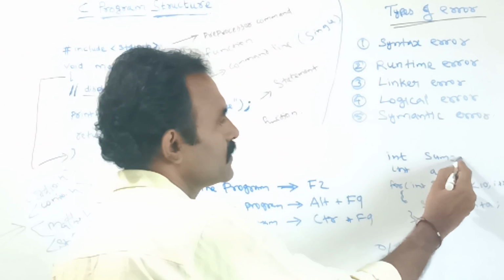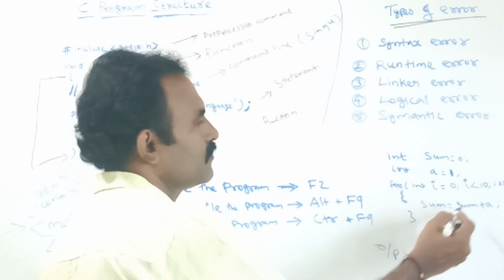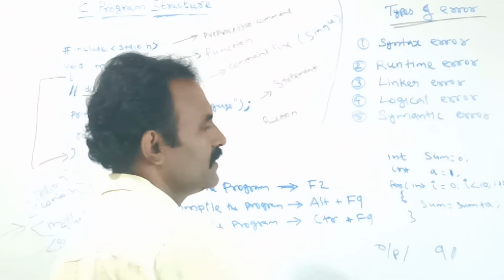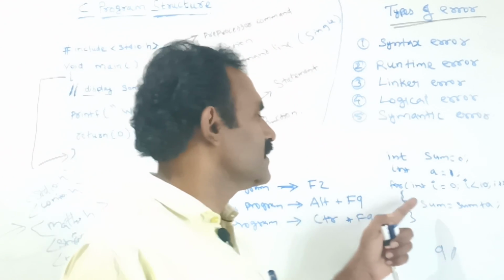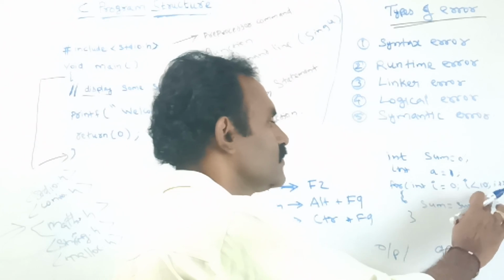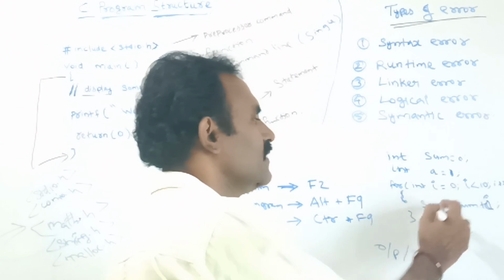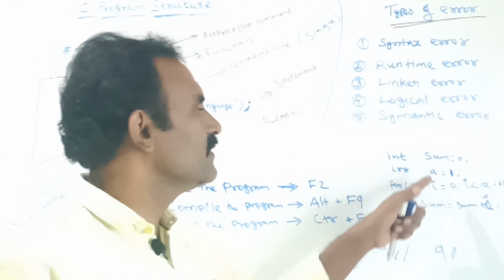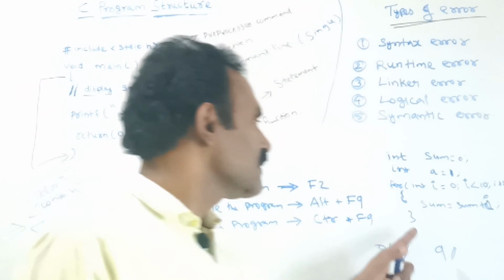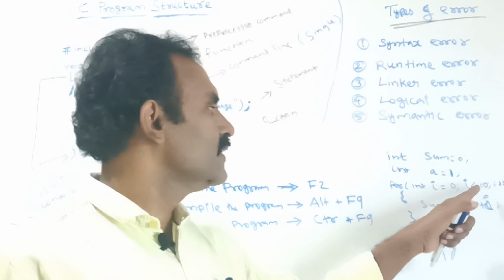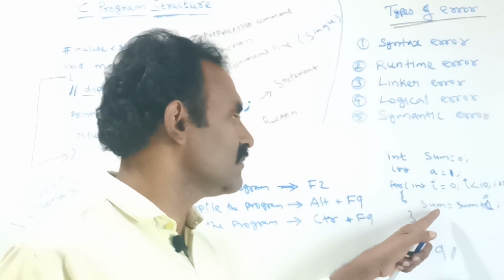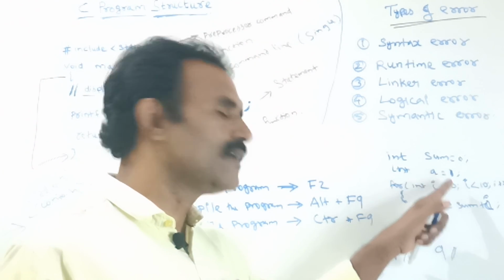Suppose sum is equal to 0. Each and every time, sum is equal to 0 plus 1, 1; 1 plus 1, 2. So finally, if we see, the result value will be 9. It will not show an error, but it is a logical error, because if you want to count the series, here instead of a, we should mention i, because we should store the i value only. Instead of storing the i value, if we give the a value, the a value only will be added to the sum each and every time, and that a value is 1. Totally 9 times the a value 1 will be stored to the sum value. So the result is 9. So this is logically wrong.